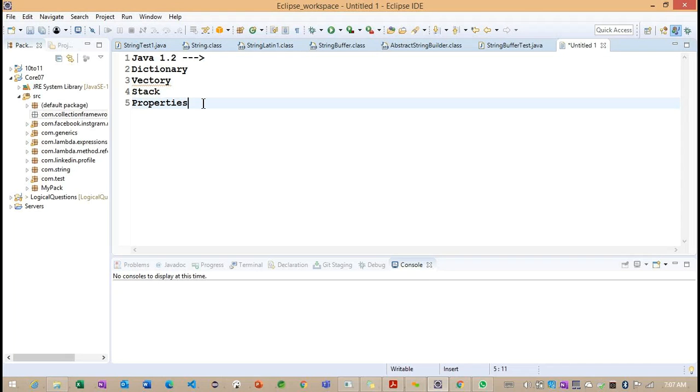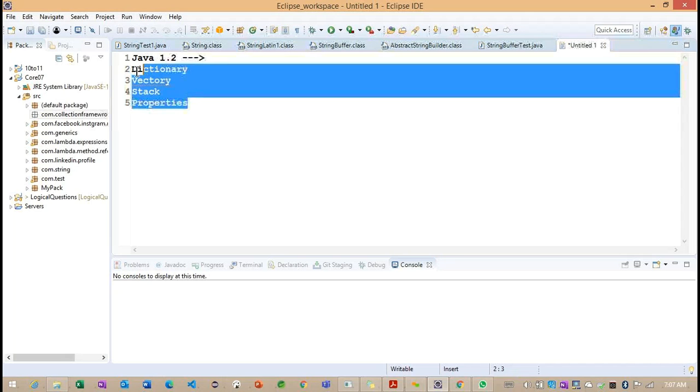Basically, now we need to understand how we are going to work with the Vector class, and we are not going to work the same way with Properties. They have unique behavior. Understand that the Vector has a unique behavior, and in the same way Properties also has a unique behavior. So you can consider that each and every collection class has a unique behavior.